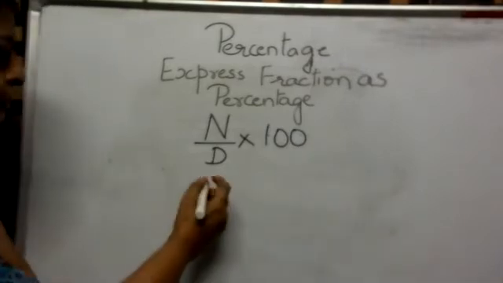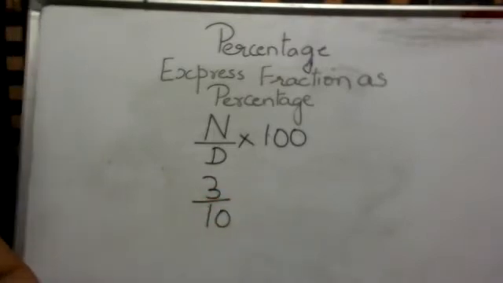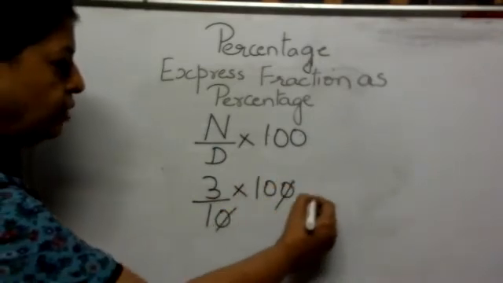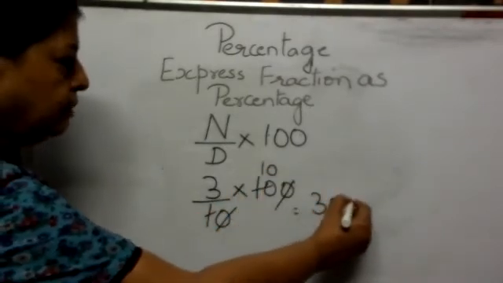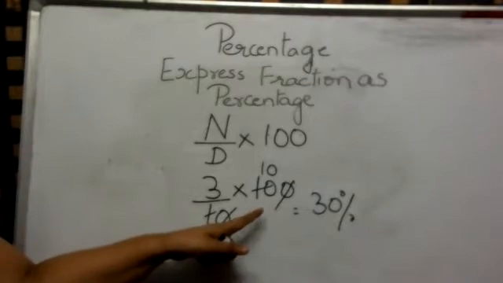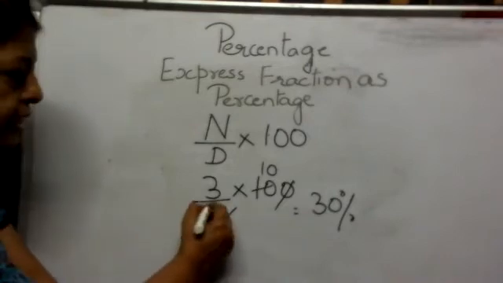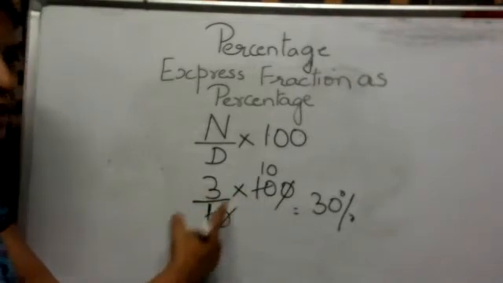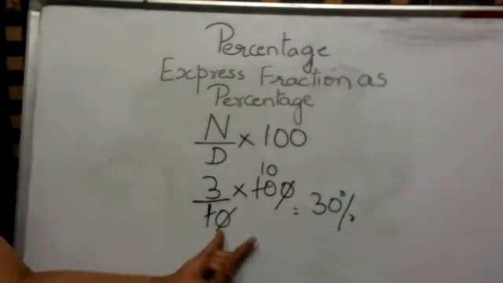Now, if we have a number as 3 by 10, the simple rule is 3 by 10 into 100. That is equal to 30%. Understood? 100 again has to be divided by this 10. This line where the 10 lies is the denominator line, or the division line, and it means the denominator divides the number. Now, these fractions are easy because they are 10 and 100.